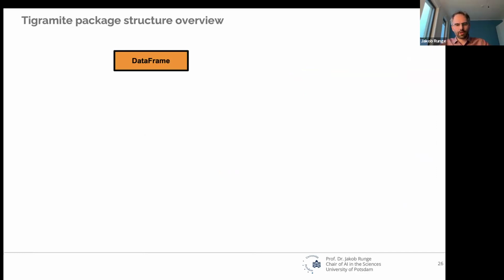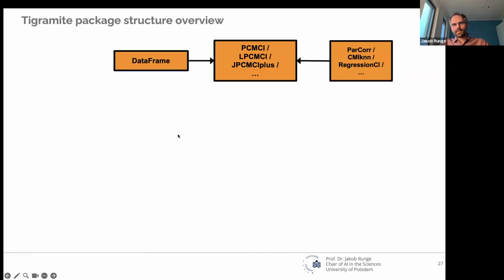So purely on the coding structure, everything in Tigramite is framed around a data frame, and that handles a lot of the data issues that you have in time series data or general real-world data. And this is then imported or used by the causal discovery algorithms, PCMCI, LPCMCI, and so on.